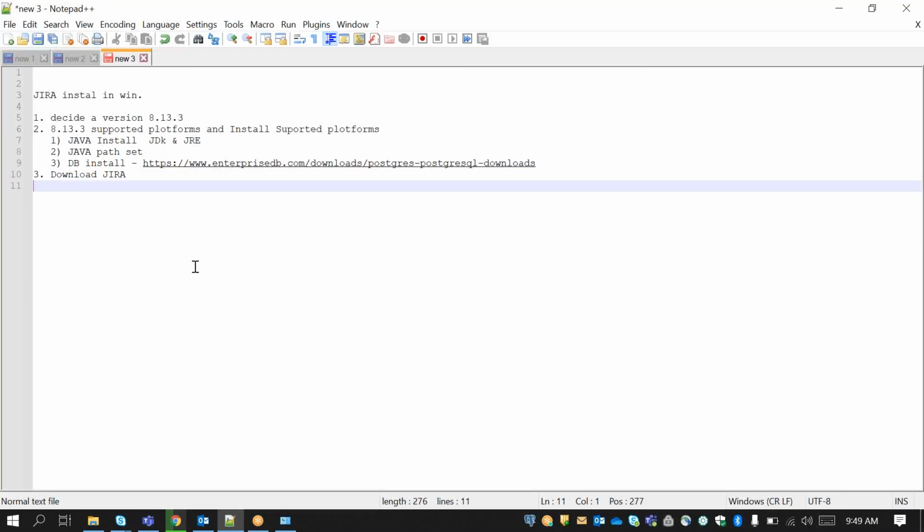Okay guys, up to this, the database installation, you can do on your system too: the Java installation, the Java setup, and the database installation, these three things you can do. From tomorrow we have two steps: one is the Jira installation and the other is the Jira setup. These two we will discuss in tomorrow's class. I will send you this recording and the notes as well, so you can go through them and install the same database.